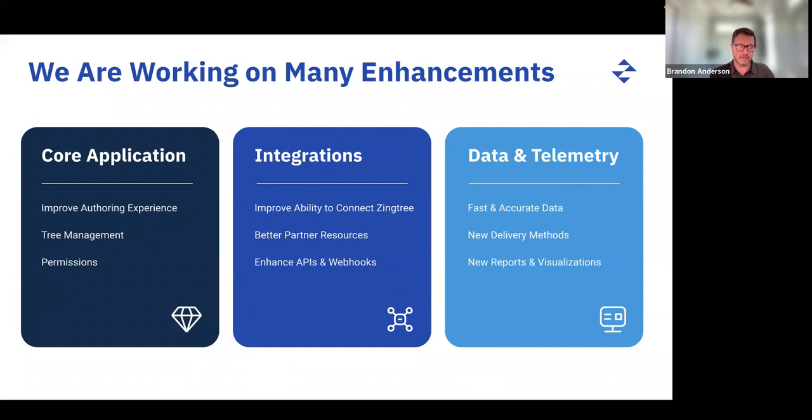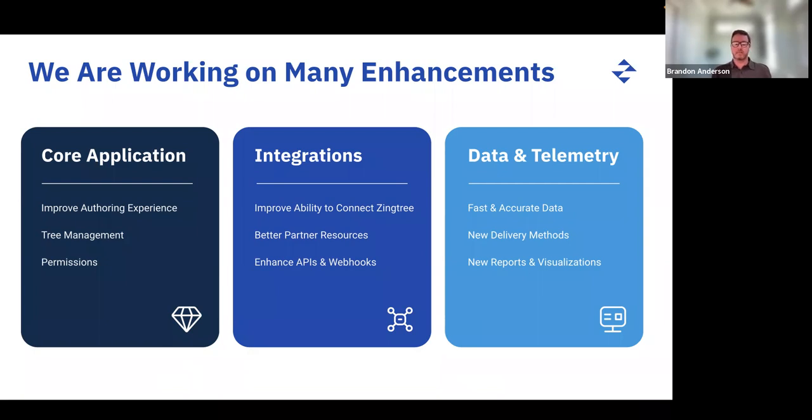These are three of the sections or themes that we're really tackling in 2022 and beyond. So what you're seeing with new authoring is largely the start of what's going to be a really great journey with our application, where we're going to continue to enhance core features within our platform. We're going to listen to customer feedback. We're going to be building out prototypes and doing customer research and getting all of their opinions on how we can improve. And then we're going to be bringing things to bear and to fruition so that you have more tools in your toolkit.